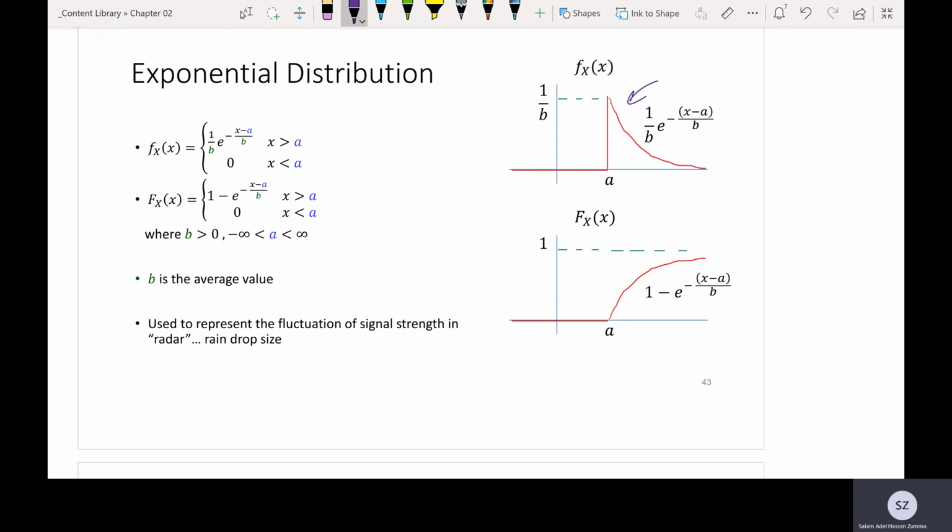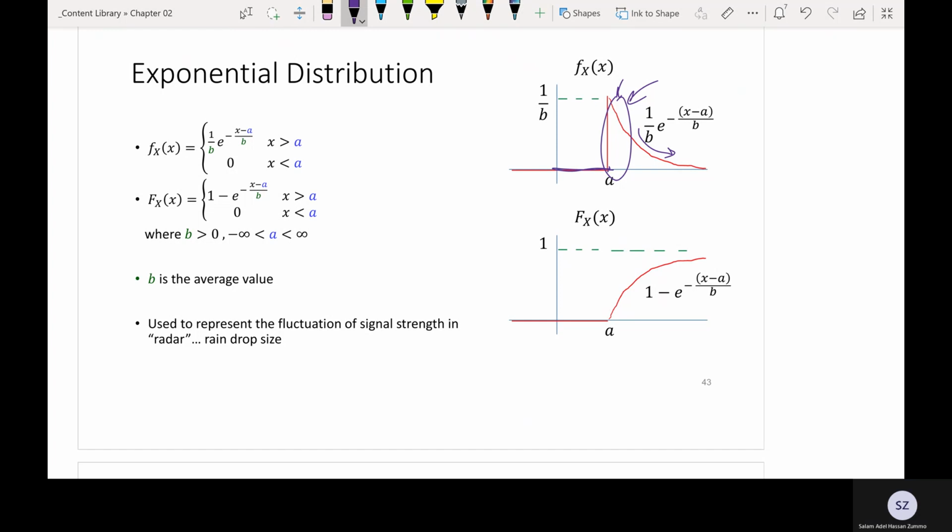So it has these two main applications. Now, the PDF: we always talk about the shape first, then we talk about the equation. The PDF looks like this. Before zero, it's nothing. So the probability of total one will never happen before zero, before A. And after A, it peaks. It's the largest probability around A, then decays to zero after a certain